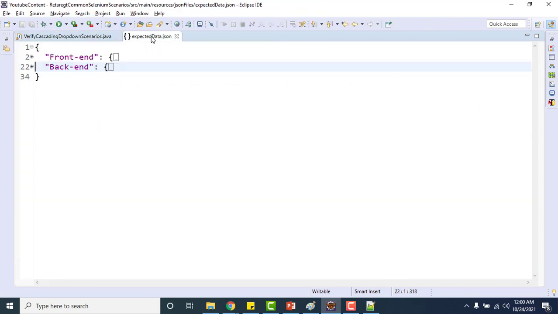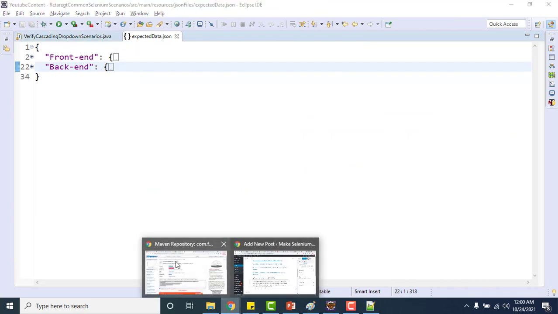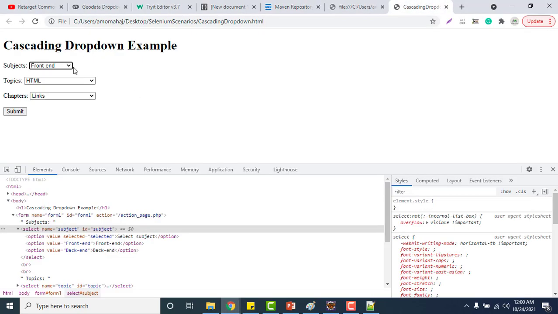Now the second part comes: if you are selecting front end, then the topic should have HTML, CSS, JavaScript. If you are selecting backend, then the topic should have PHP and SQL. So first I need to go and select the front end value, like the value in the subject object as front end.